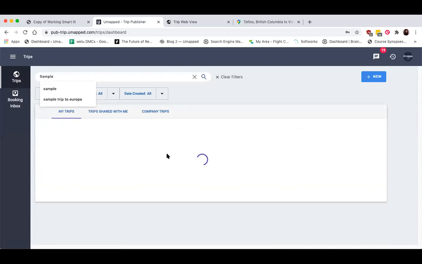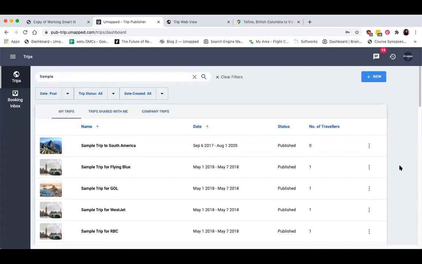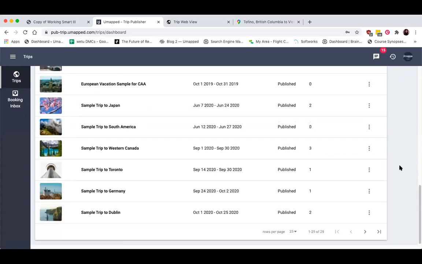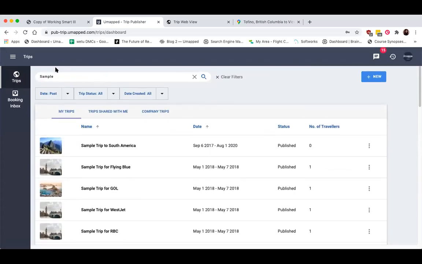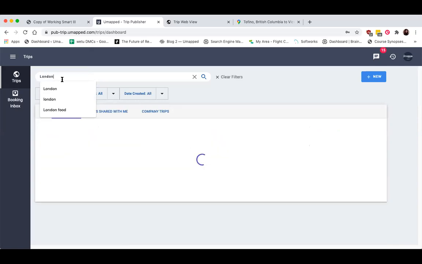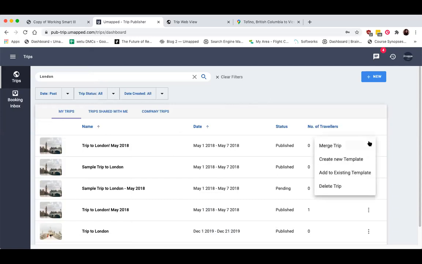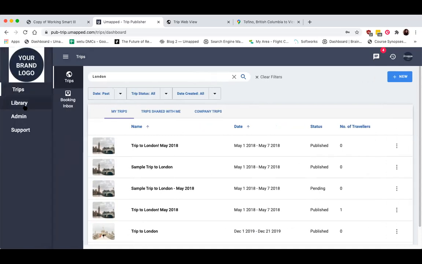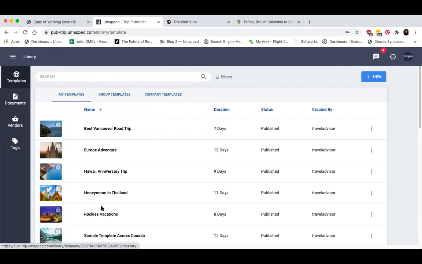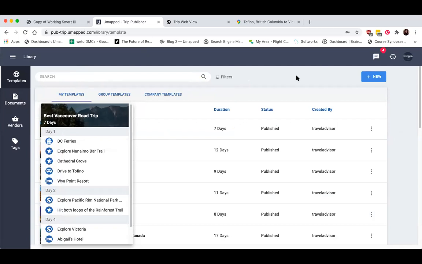If you have a lot of past trips, I would refine it using a keyword. Let's say London. Again, this was pretty good. And then from here, click on the options icon, create new template. And because none of these templates have dates affixed to them, they're all just going to appear right here under my templates.